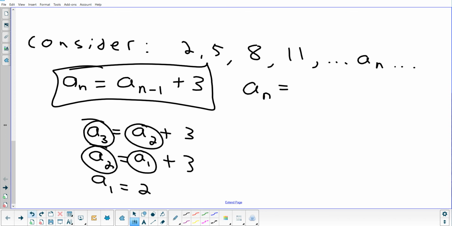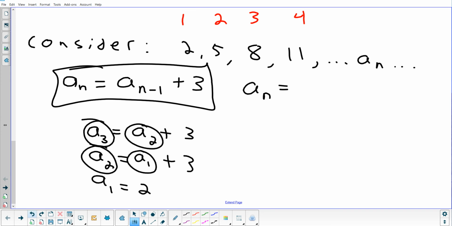But this time I want to base it on the position it is in the sequence. So this is the first one, the second one, the third one, and the fourth number. I want to see something I can do to this number to get this number. Yep? N minus 1 times 3 plus 2. So you're saying take this number, let's try it. Take this number and do what with it? Minus 1. Okay, that gives me 2. And then times 3, and then plus 2.